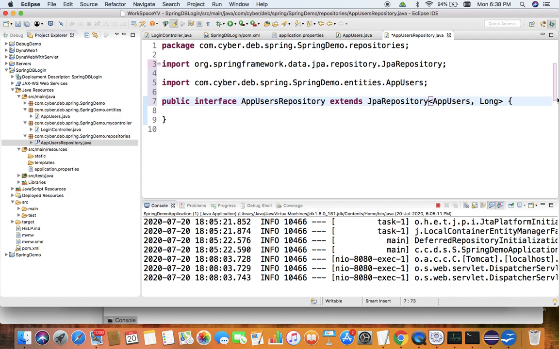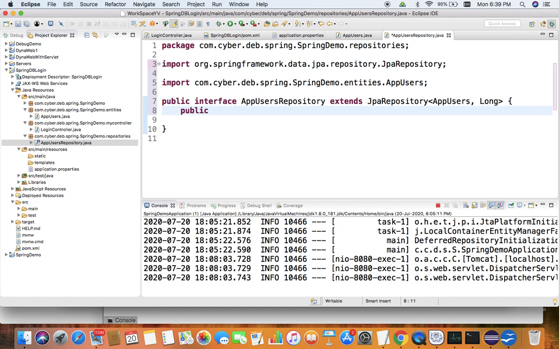So the repository is ready, but we have not mentioned what method we need for validation of user ID and password. Apart from create, read, update, delete, it can contain user defined methods also.